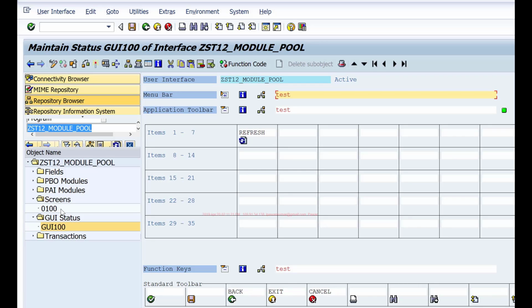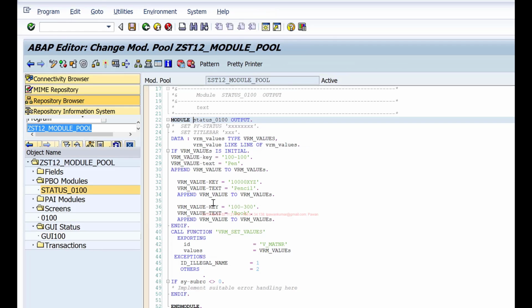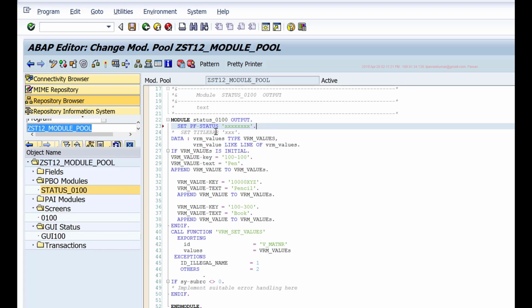To load this GUI status, in the PBO module, before the screen is displayed, I can load that status using this statement, SET PF-STATUS. The system automatically creates this comment line. So uncomment it and here you give the status in uppercase. So GUI 100 is the GUI status. Activate.